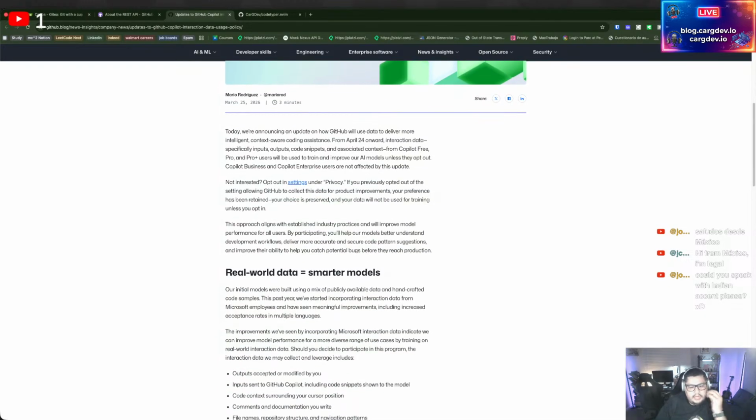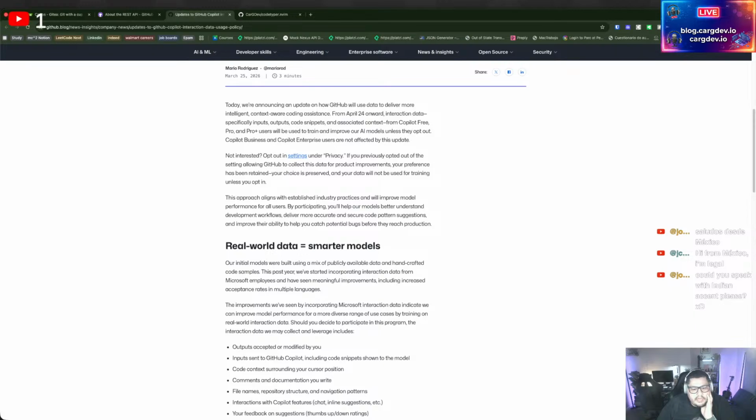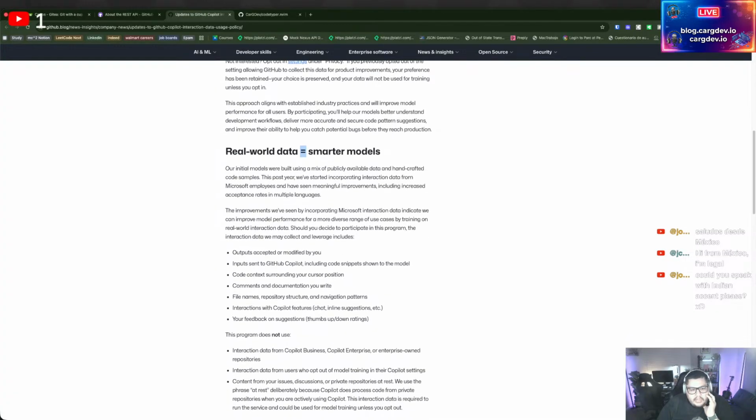But yeah, they're saying that they are using real world data. That's going to equal smarter models. They say, our initial models were built using a mix of publicly available data and handcrafted code samples. This past year, we've started incorporating interaction data from Microsoft employees and have seen meaningful improvements, including increased acceptance rates